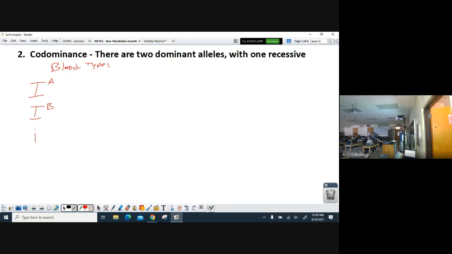And these are the other two. The I stands for immunoglobulin. It's a little thing on the surface of red blood cells that either your body recognizes and doesn't care about, or it doesn't recognize and it tries to attack and destroy it as like a pathogen. Yeah, right. So if these are the alleles,